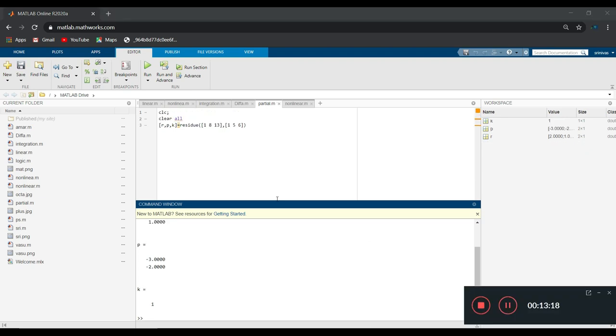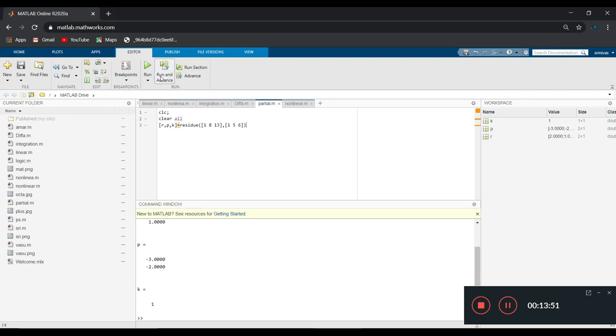I have considered an improper fraction, that is x square plus 8x plus 13 over x square plus 5x plus 6. It means that both the numerator and denominator have equal order, equal powers. In that case, it is called an improper fraction. So when I evaluate, residues will come, poles will come. The value of k should be 1. Why? Because it is an improper fraction, right? So 1 plus something, a by x plus 1, b by x plus 2. In this way, it is going to be executed.